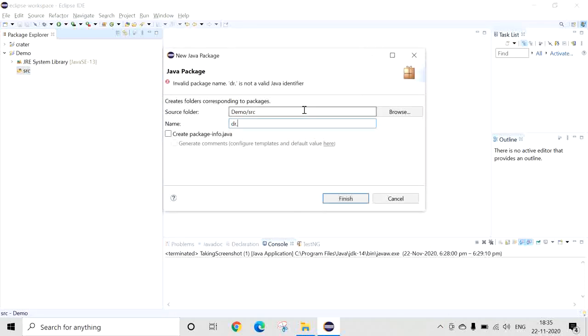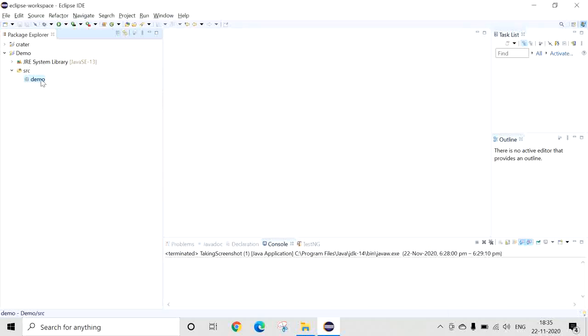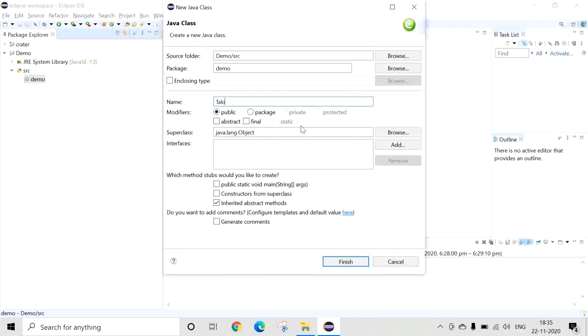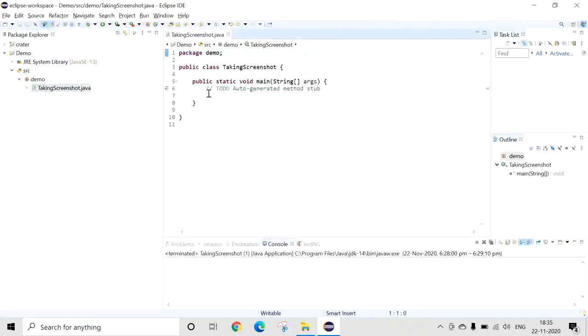I'll give a simple name, demo. I'll create one class called taking screenshot. Okay, so I'm going to work with the main method. Here we are going to start now.